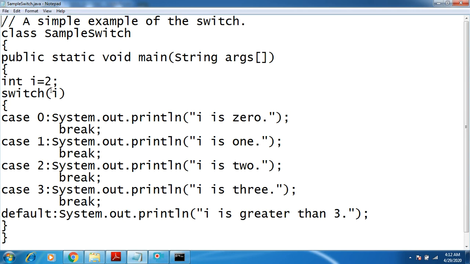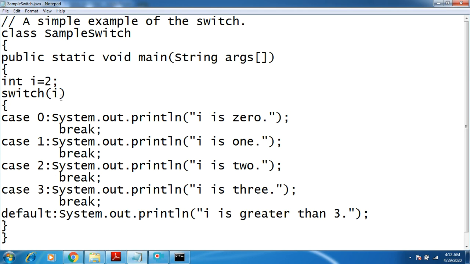As for the syntax of a switch statement, you already know, because you have already studied it in C. Switch, then expression, opening brace, case, followed by the case number or case value. So here we have written case 0, case 1, case 2, case 3, and a default. Based on the value of i, whichever you have passed, any one statement will be executed.